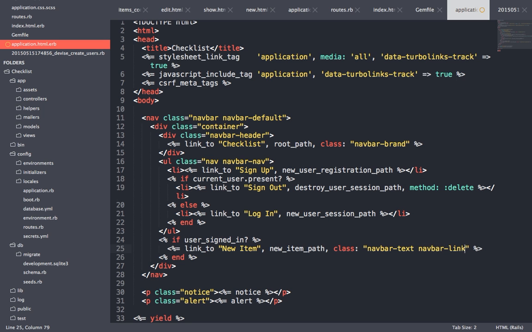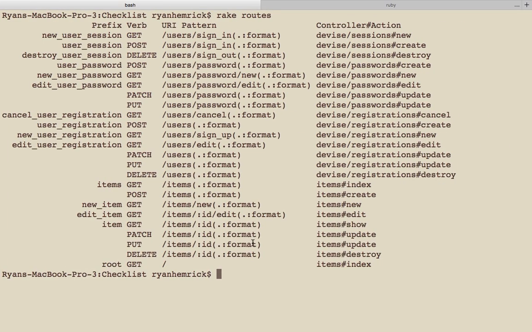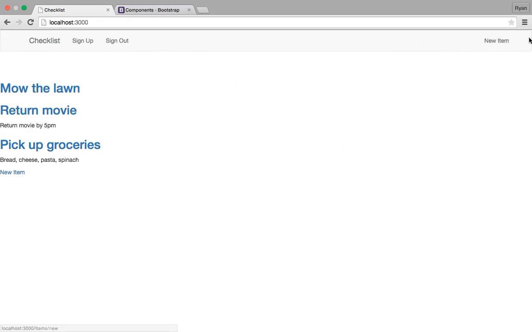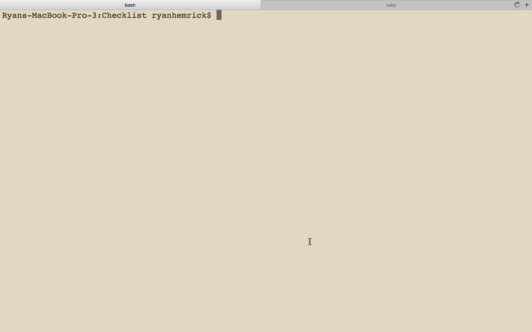And there's navbar text, navbar link, navbar right. These are all just Bootstrap styles, so nothing too serious. And since we're signed in, we now get the new item. And if we sign out, it'll be gone. All right. So now with the ability to sign in, sign out, all the good stuff, we need to add